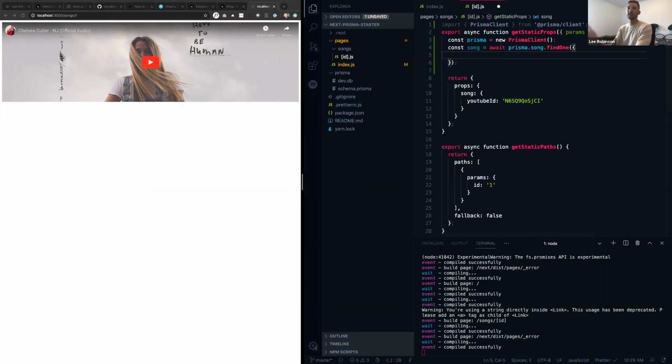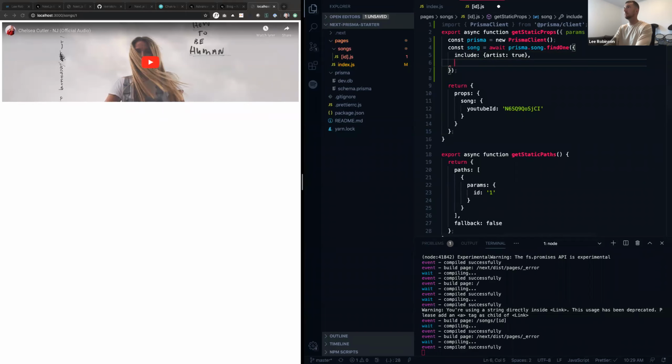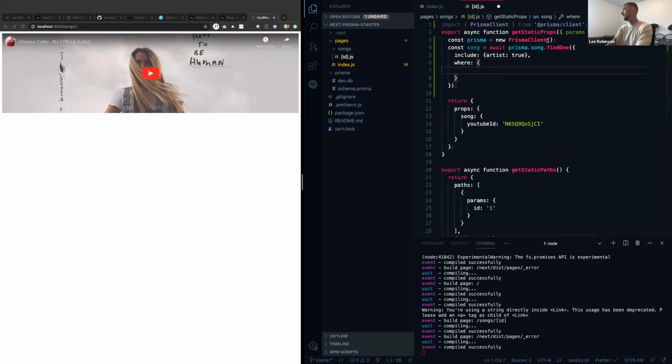So for this song, as I find one song, we're going to want to include the artist information as well from that table. And then we're going to want to filter this. And we do that using the where property. So we want to say,